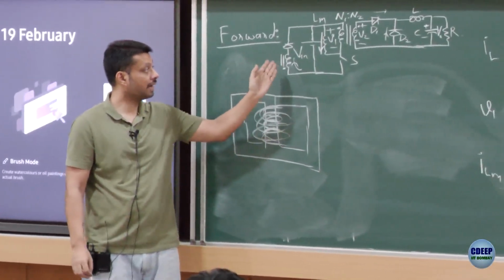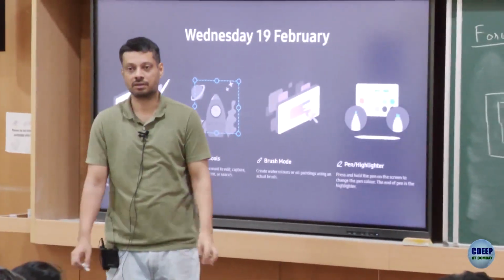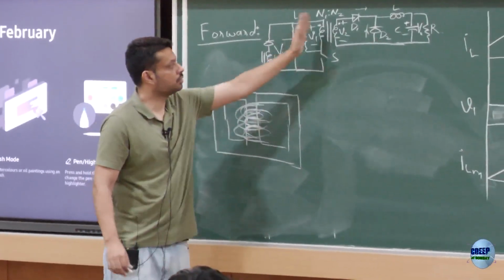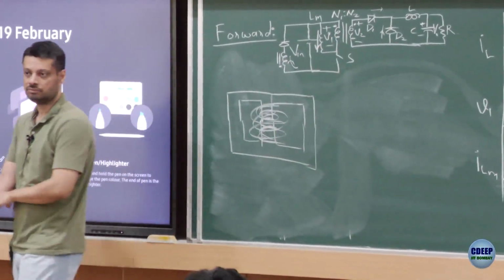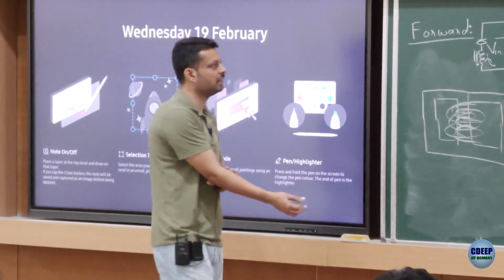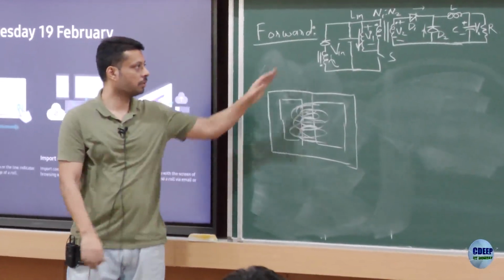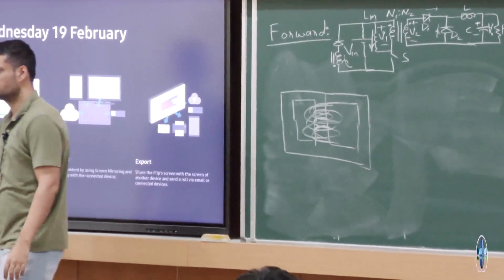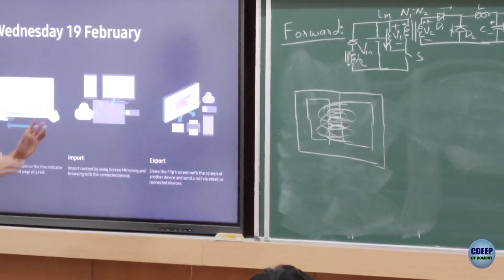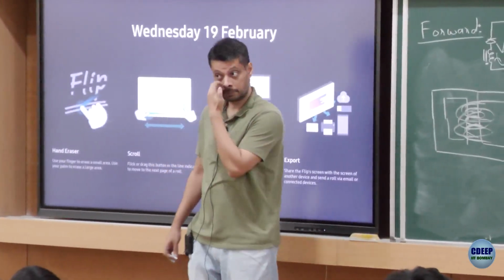So in reality you have this tertiary winding when you use a forward converter. But most of the books will not actually talk about this, they will show you the first circuit. But we had to briefly talk about it because somebody asked the question why you need D1. But otherwise I didn't intend to talk about the tertiary winding, at least in this course. So even if you could not really grasp 100% of the tertiary winding part, that's okay.